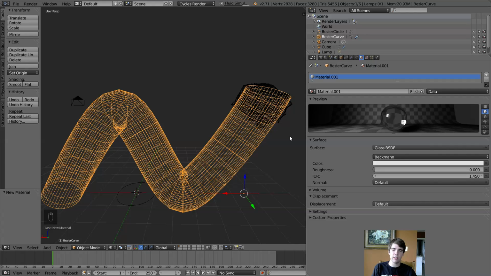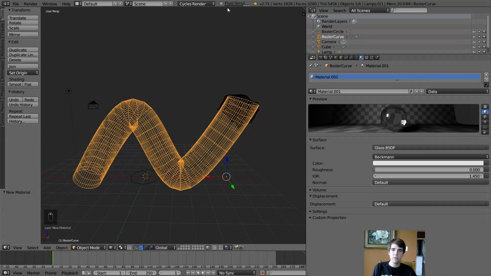So yeah, now it has a glass material. We're not really going to tweak any of the settings. That's good to go. And the fluid simulation is almost done, and while I have this little bit of time,